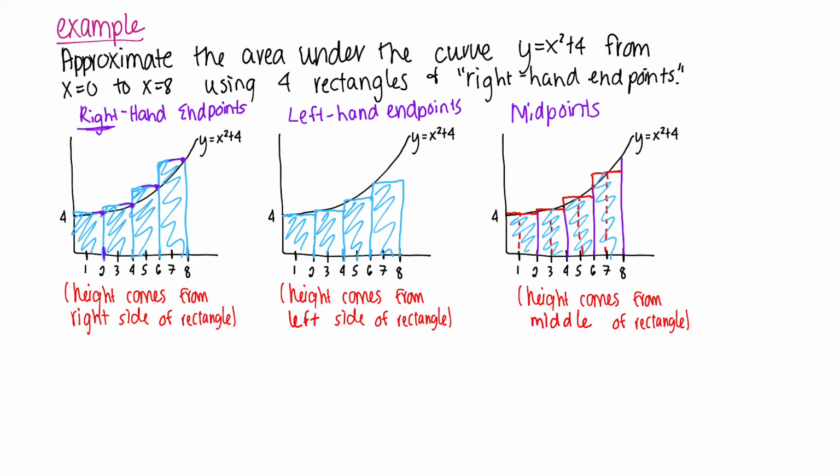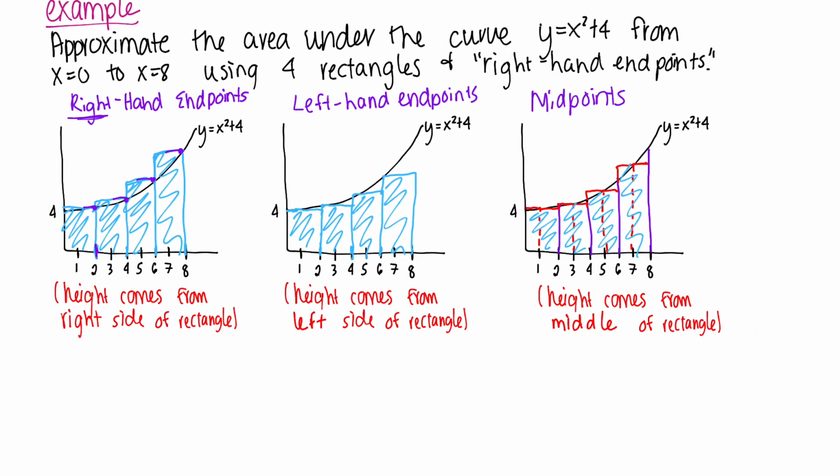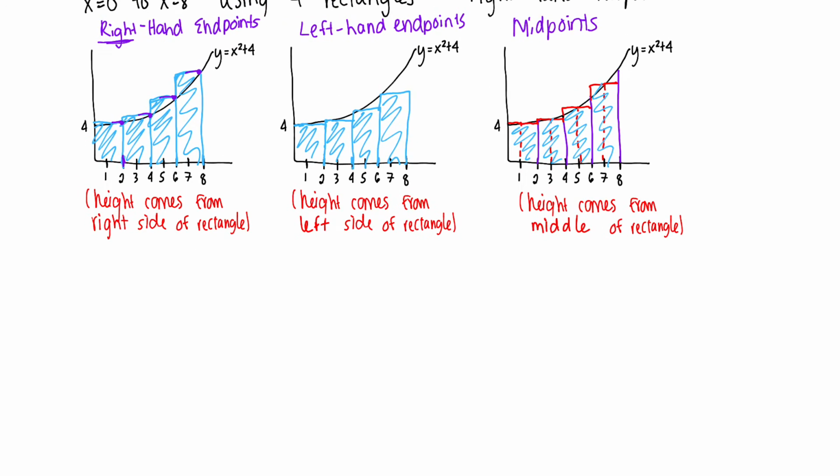Like I said, we're mostly going to focus our attention on the glorious right-hand endpoints, because there's more important things to cover, although this is a very important topic. All right, and I'm going to dive deeper into the process I already asked you to do, because I want to make sure that you really understand what's going on. So looking at this picture that we drew over here,